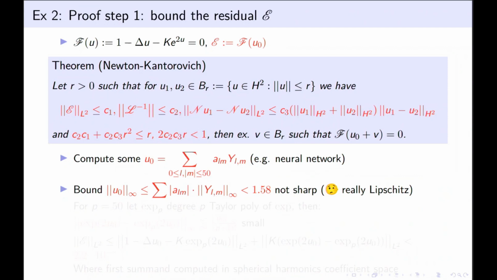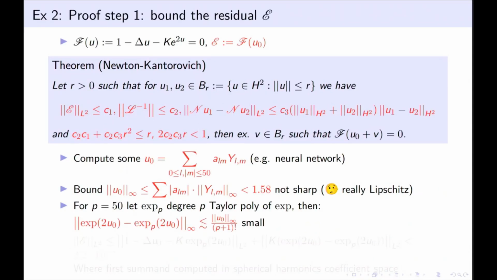And if you have a good computer, you really don't need to care. The next thing then is to approximate this exponential in this equation by a polynomial, and you'll see why in a second. So let's take p equals 50 and let exp p be the degree 50 Taylor polynomial of exp. What you then have is you can compare exp with exp p, and you find that the difference is super